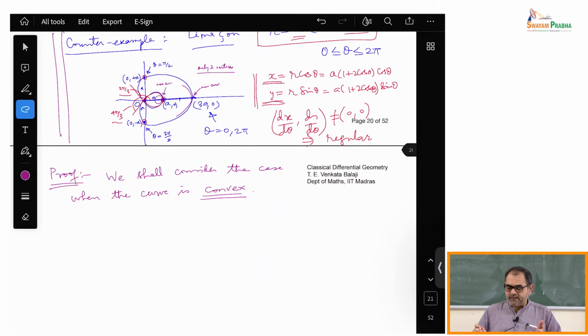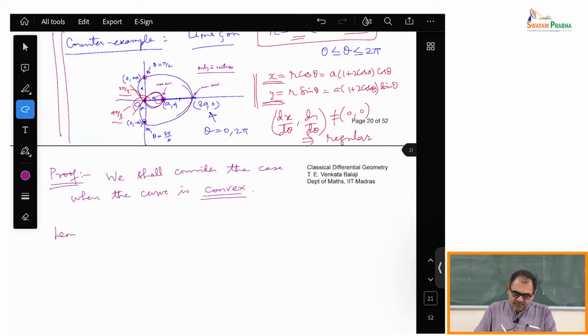Since this is a simple closed curve, it's a Jordan curve, therefore the Jordan curve theorem applies, so the interior of the curve makes sense. And convexity can be stated variously using the interior also. So I'll make a lemma here, which is very easy, and you can verify it. So for a simple closed curve,